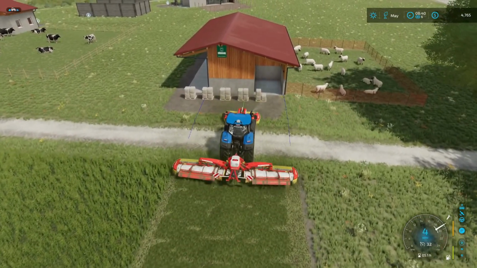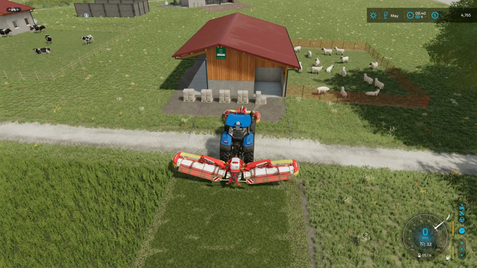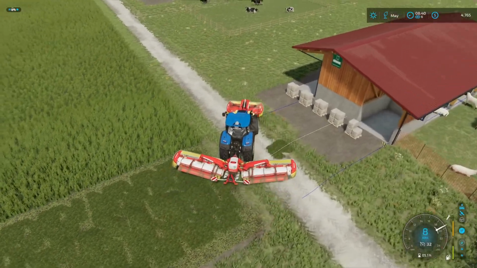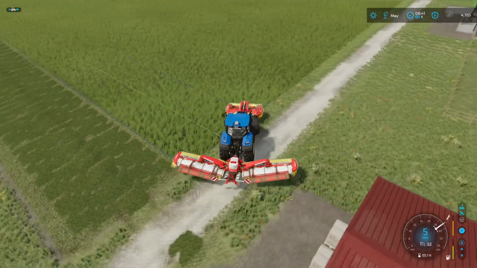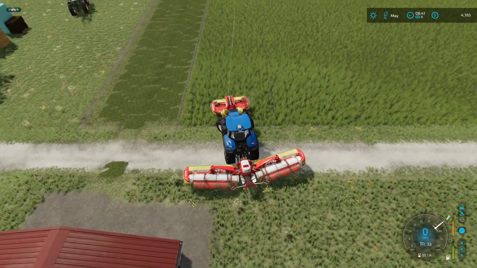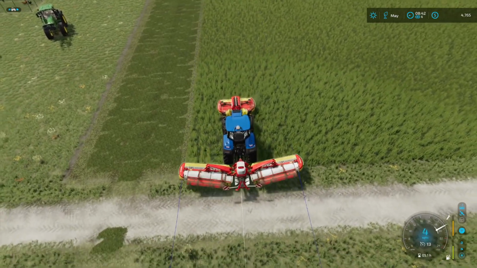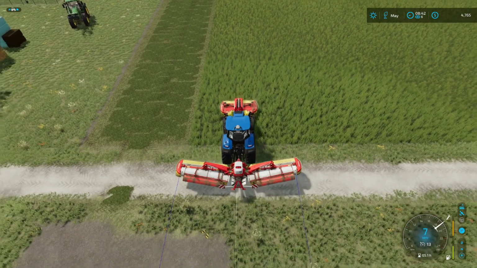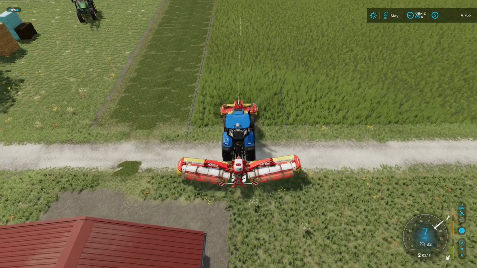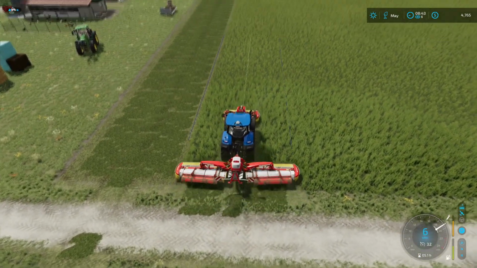So if I do this, and then I can lift these, and I think you just drive and it'll, yeah, look at that. And then the lines just automatically do it. Okay, except I need this. It is a little trickier with mowing because you have to get the front one down and then the back one. But then once you're there,